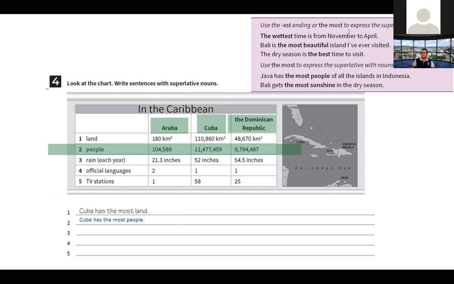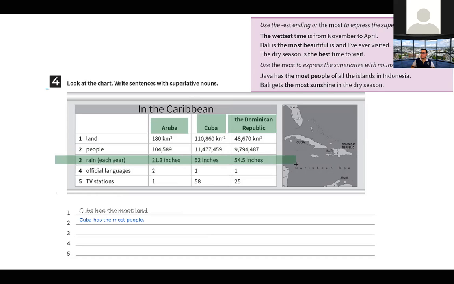Okay, very good. Now, tell me, what about the rain each year? Okay, look the rain. Here we have the dates, right? What do you think? Which of these has the most rain each year?